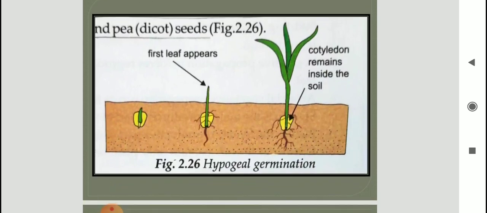The second diagram is of hypogeal germination. In this germination, the cotyledons remain under the soil. They only store the food. They will not form cotyledon leaves and will not prepare food. Here they will remain under the soil, and it is the plantlet that grows, and the plant bears leaves when the photosynthesis begins. So the cotyledons have only one role, that is storage of food. This type of germination occurs in both monocots and in some dicots also.